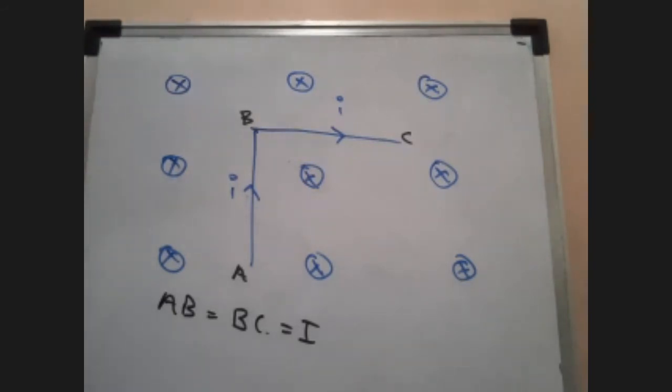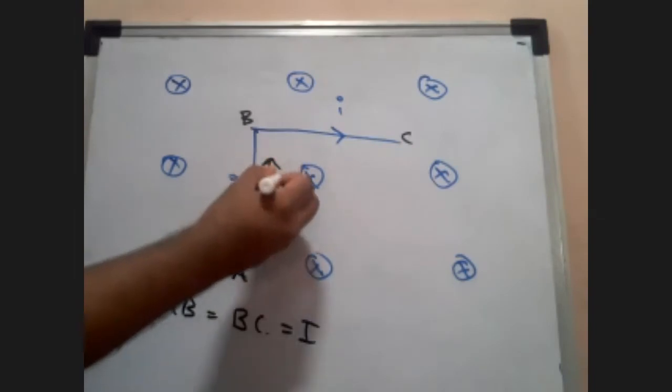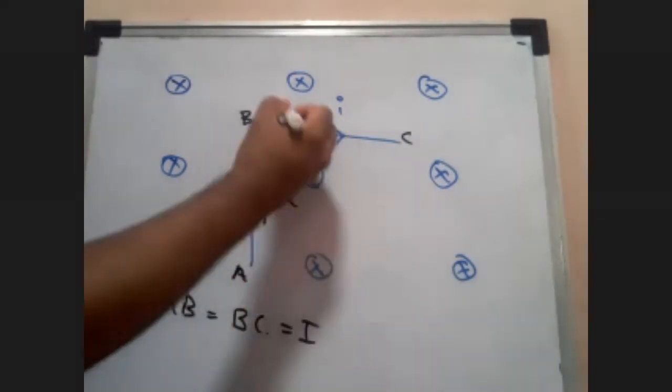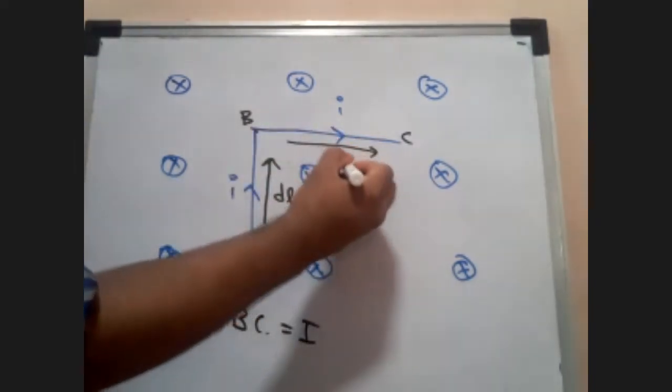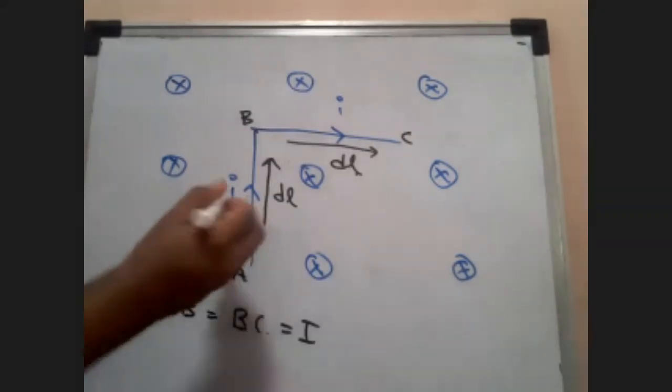First, what you'll do, students, please respond. First, what is the first step? So dL. I will take dL here, and then another dL over here. So let's consider the first branch AB. When we're considering the first branch AB, where is going to be the force? In which direction? Left side. It's going to be in the left side.